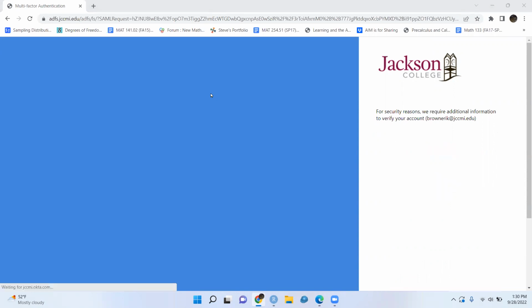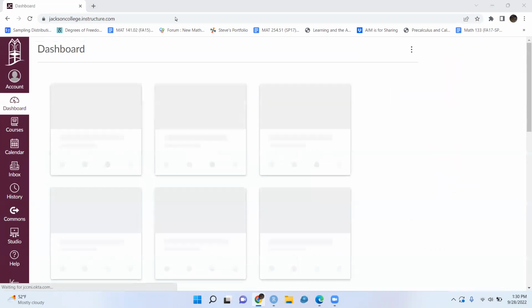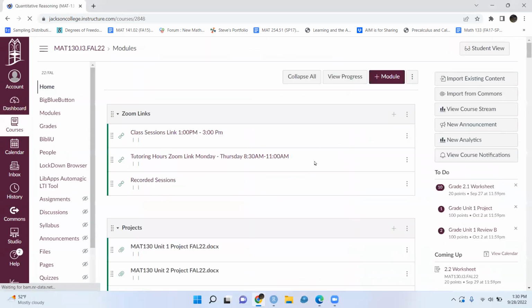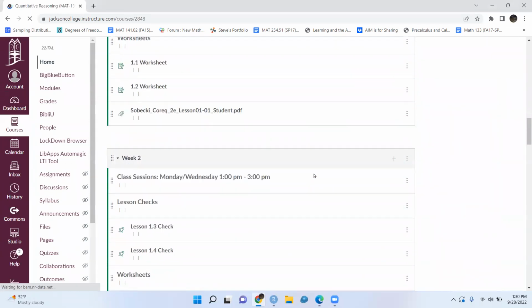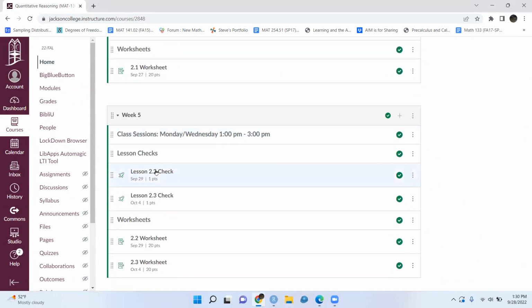There isn't a 2.2 worksheet, really. There's 2.3 worksheets because they got mislabeled when I made them. So we'll talk about those worksheets in a second. Once we get through 2.3, we'll look at the worksheets. So the 2.2 lesson check, it is